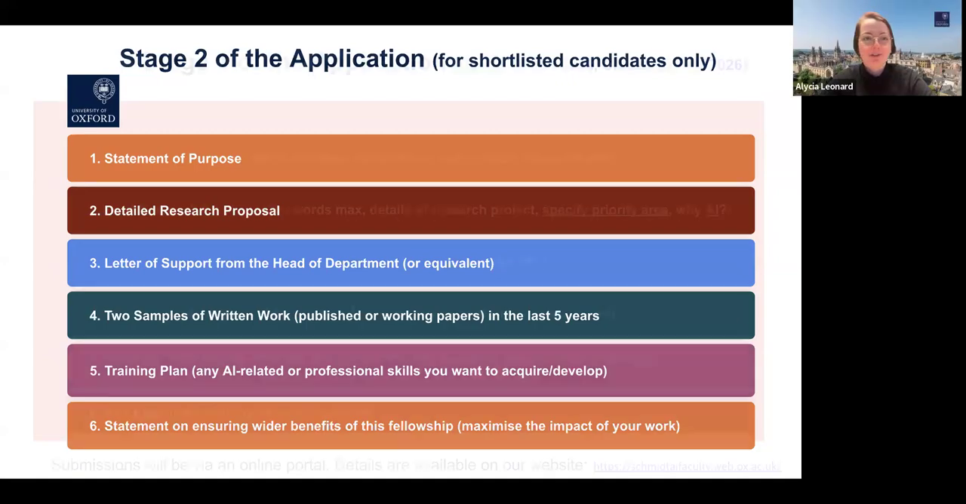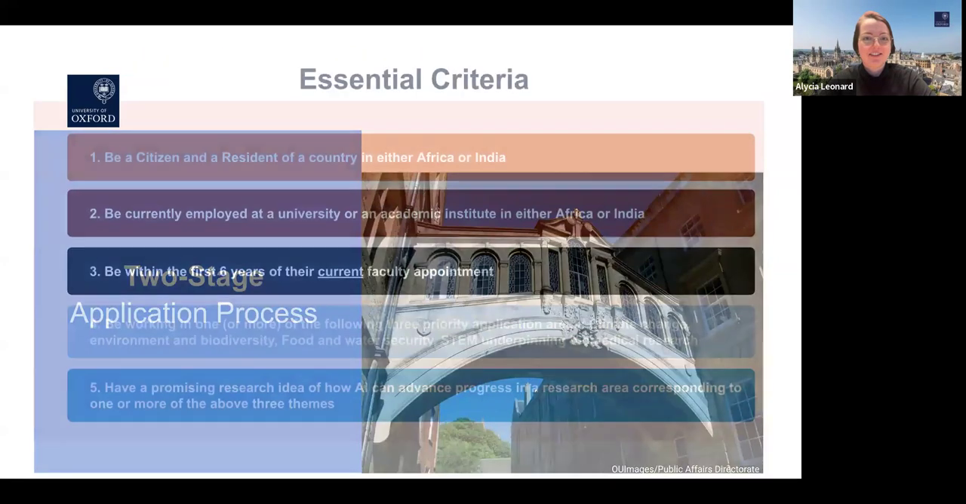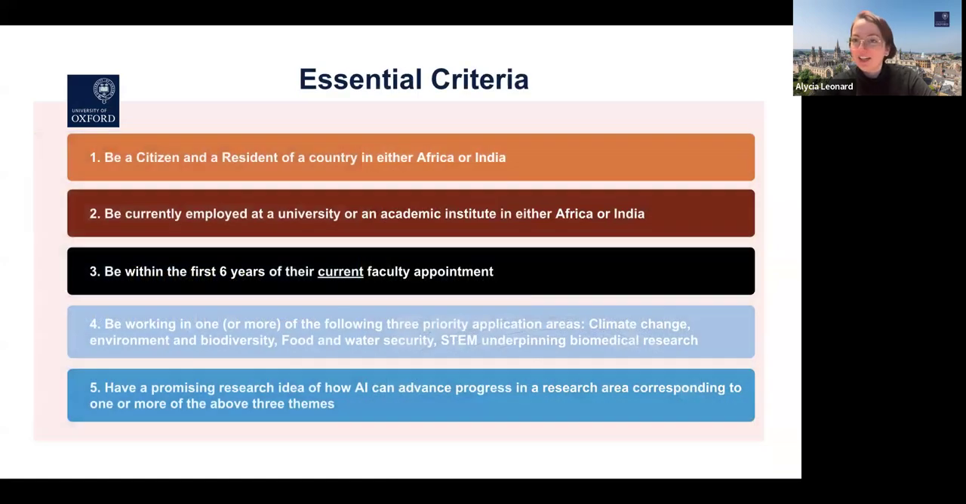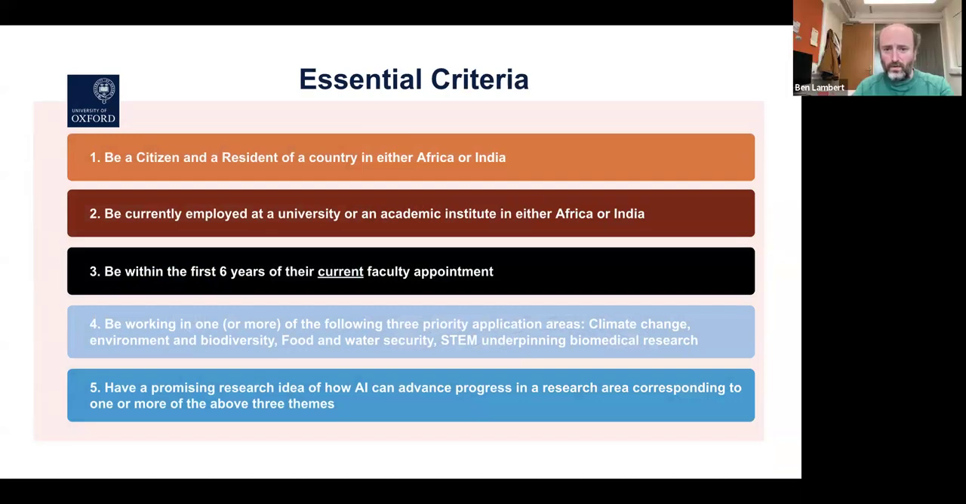I'll just flick back to the eligibility criteria, as that's a key one, I think. It's coming up. So it looks like we've got Talaba's questions coming in. Must the two samples of written work be related to the proposed study? So I guess I can comment on this, which is that I think